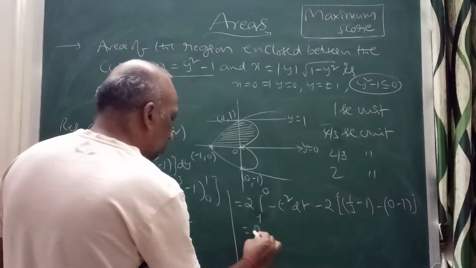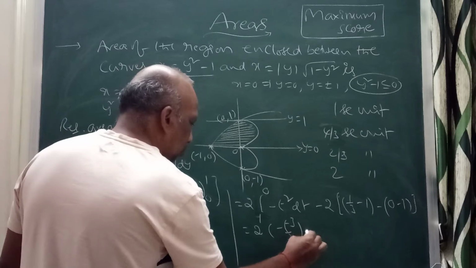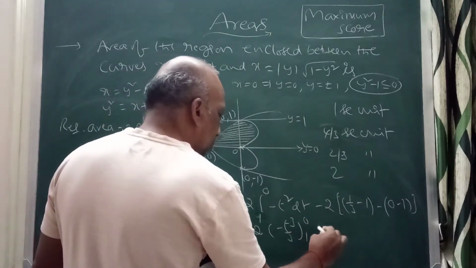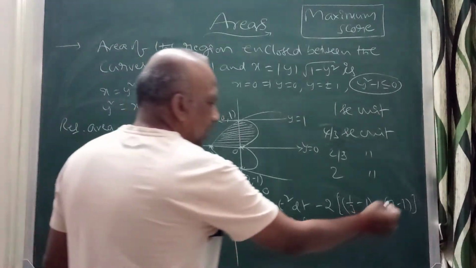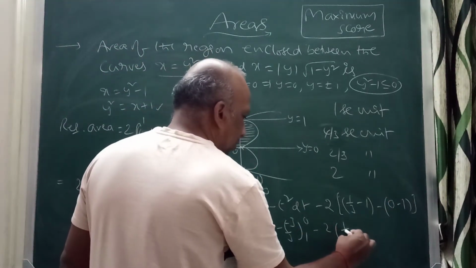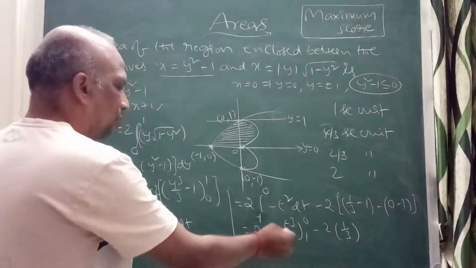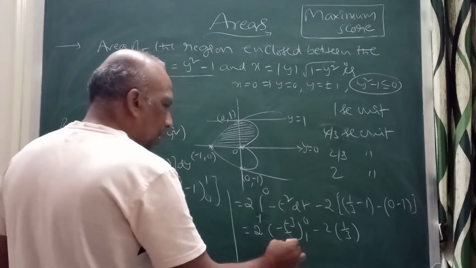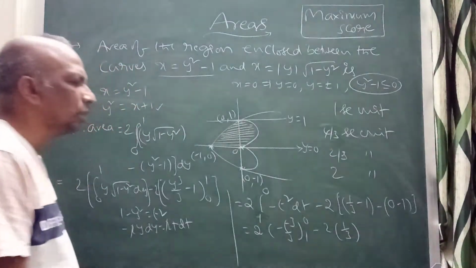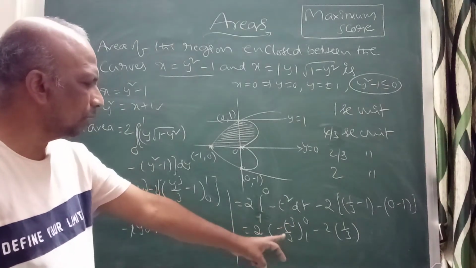Now 2 into this is minus t cube by 3, limits 1 to 0. This one you can simplify, minus 2 into 1 by 3 minus 1. So minus of minus plus 1 will get cancelled, 1 by 3 it will come, 2 by 3. This you can simplify. So further simplify, if we do this, 0 means it will come, minus of minus will get 2 by 3. You can check the answer here, 1 by 3 minus the final result you will get. Correct. I got it, this one.